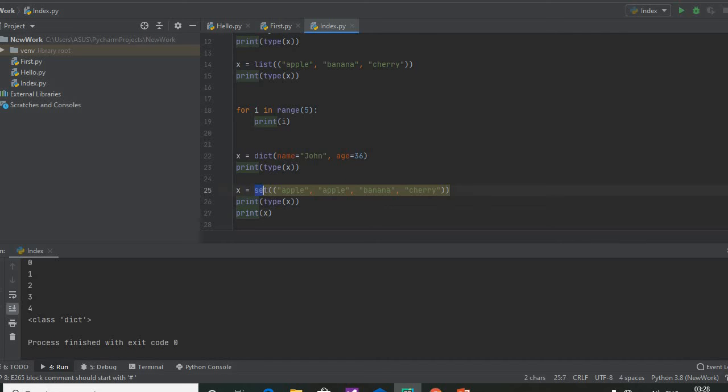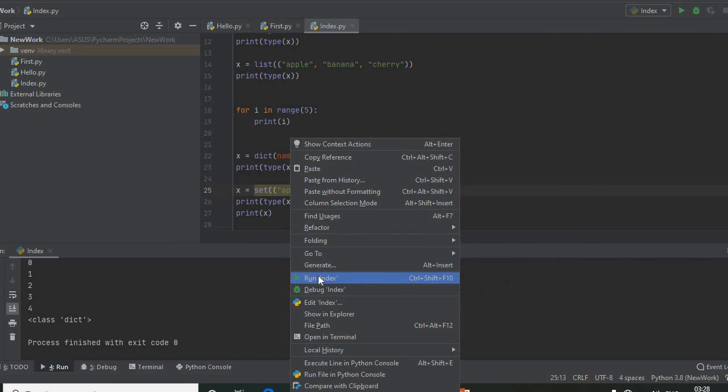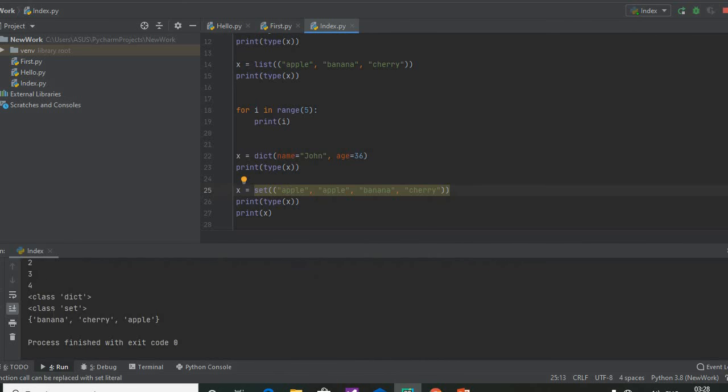The set data type will ignore the duplicate value. It will just print a single one. We can run it. Here we get banana, cherry, apple. This double apple is considered as a single item. So we get output like this.